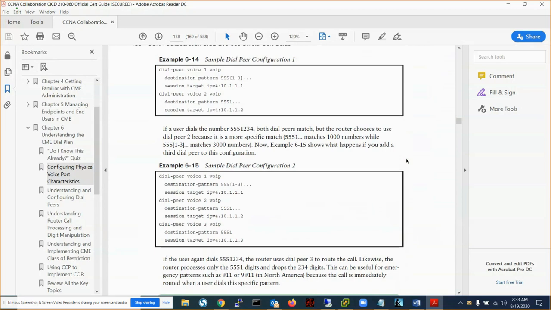So if somebody calls 555 followed by 1, 2, or 3, the phone number being 1, 2, or 3, and then anything after that, it will send it to this IP address, right? And same thing for this one. Once you start your number with 5551,